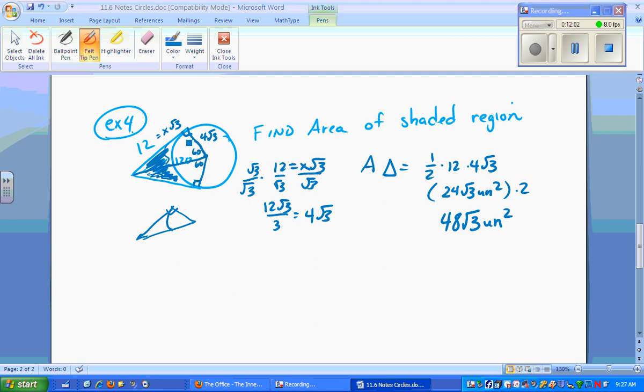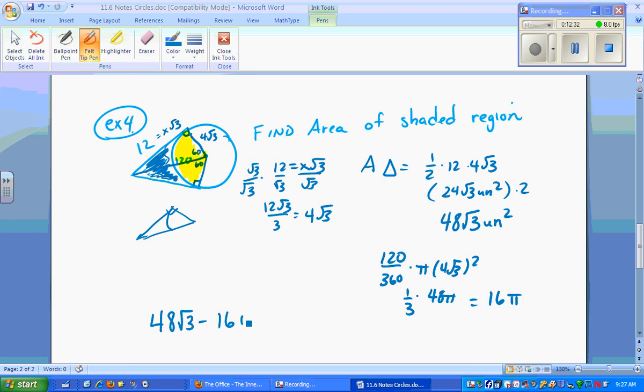We said we want to remove the sectors, so I'm just going to remove this whole thing at one time, which I'm going to call a sector of 120 over 360 times pi times the radius of 4 root 3 squared. But we knew when we multiplied this, this ends up being 48 pi times 1/3, giving me 16 pi. And now we can put it together. Take the triangle, subtract the sector,